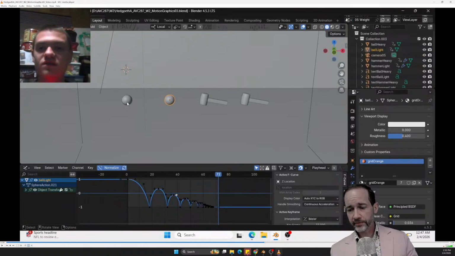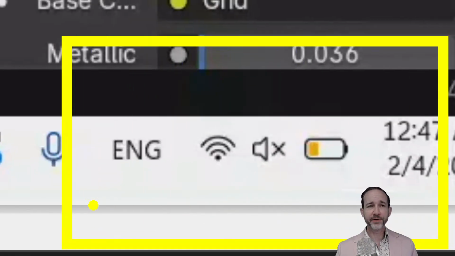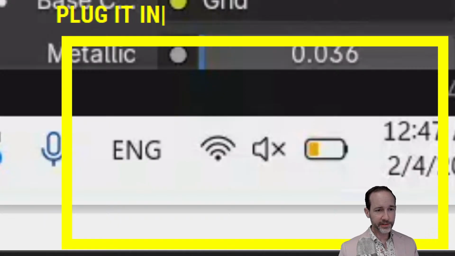Okay, and then Aaron, I'm not picking on you, it just allows me to bring up a good point here. If you're working on a laptop, when you're doing this kind of work, plug it in. All laptops are designed to work way better when they are plugged in, right? When you have it not plugged in, unless you went in and did a bunch of power settings, they're going to try to save power by slowing down the computer, right?